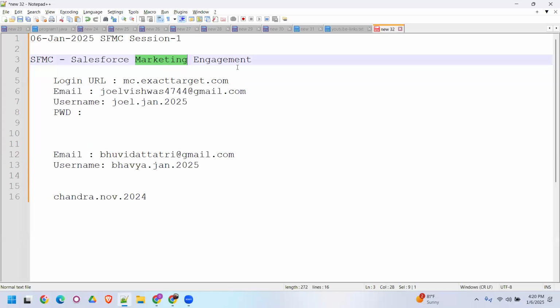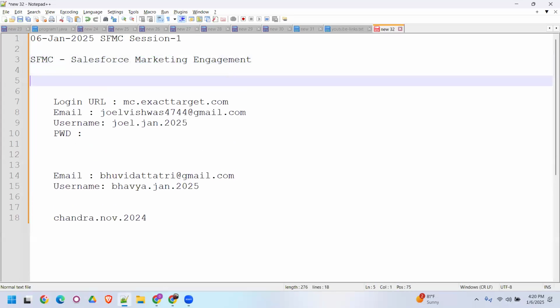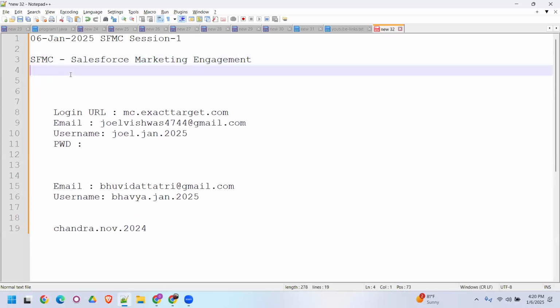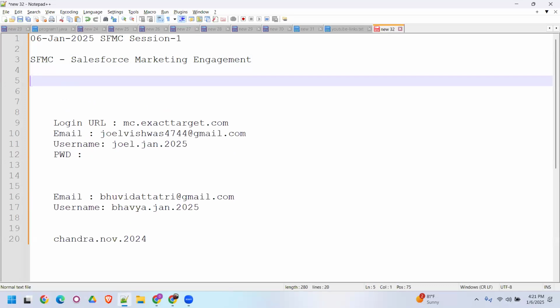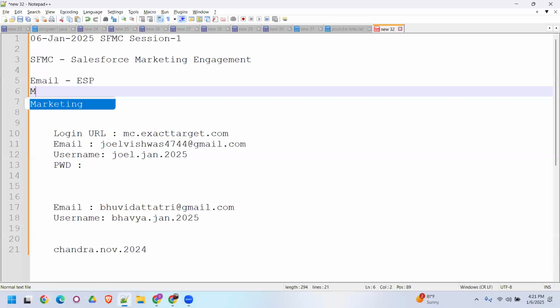What does Salesforce Marketing Cloud do? What is the role? What it is doing? Salesforce Marketing Cloud is the one which is taking care of majorly email marketing, which is an ESP tool, email service provider. You can send mobile related messages like SMS,